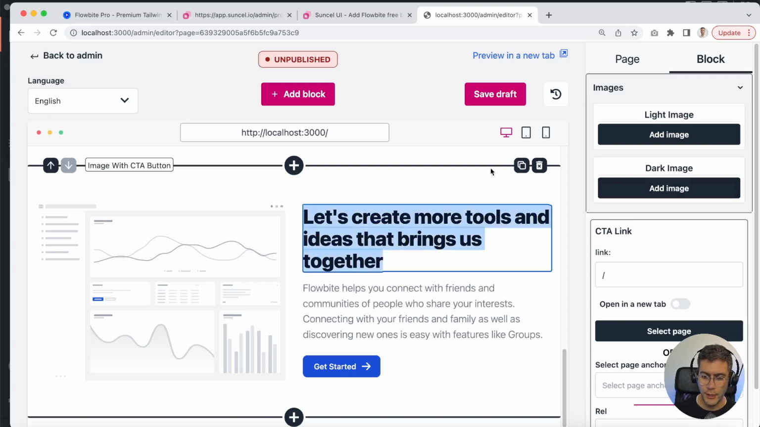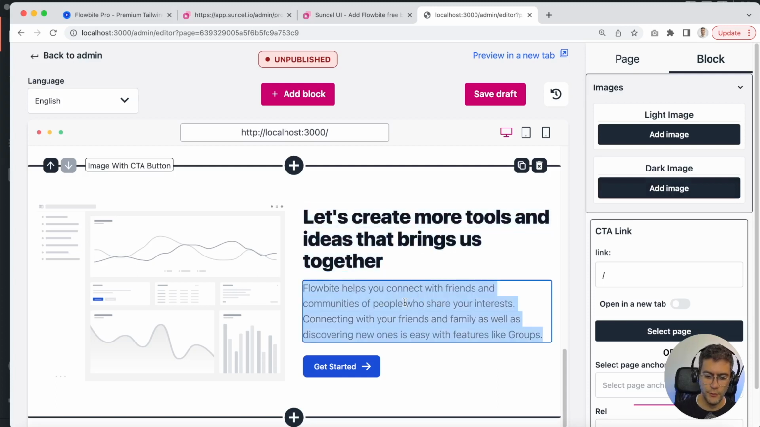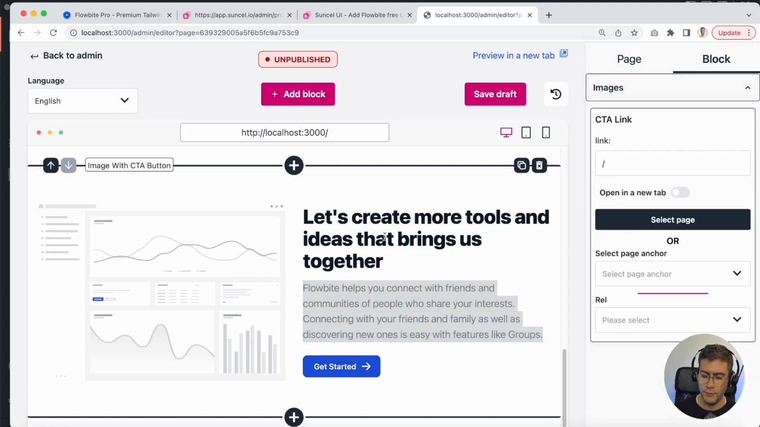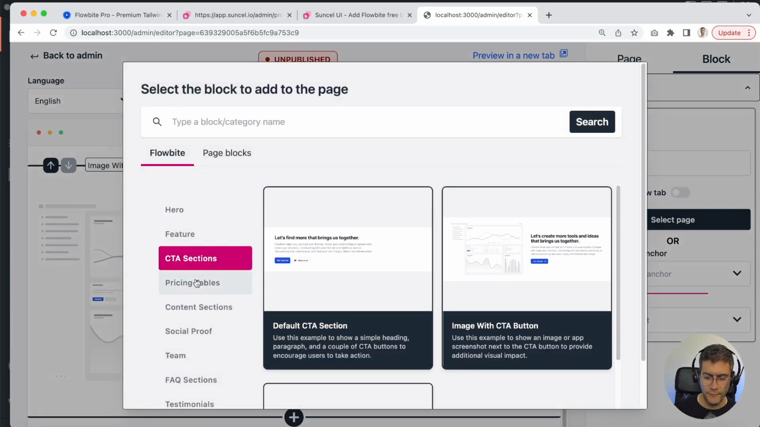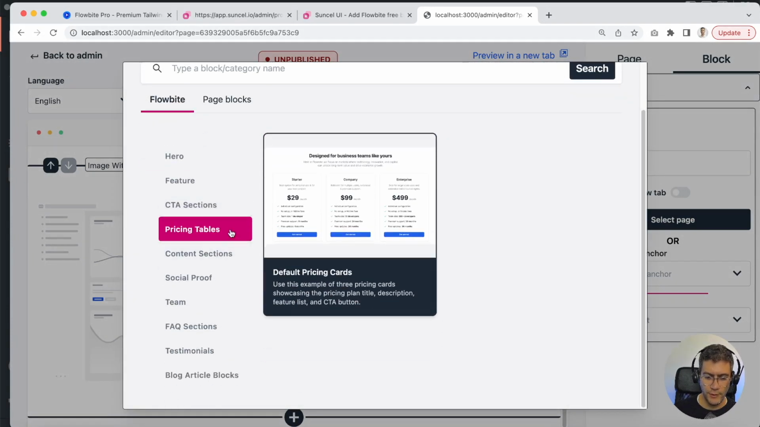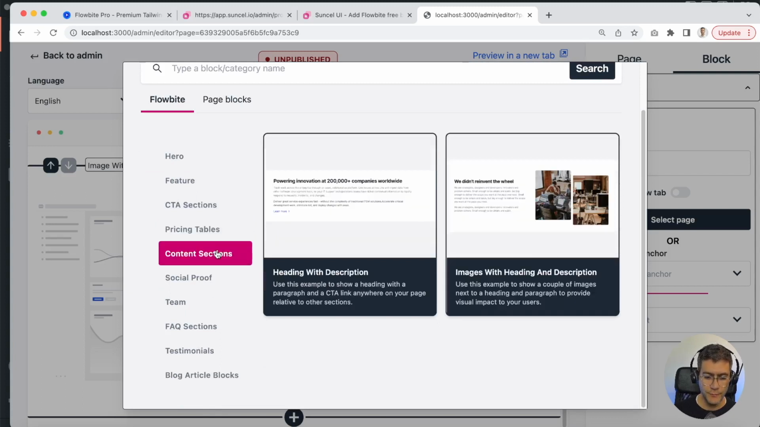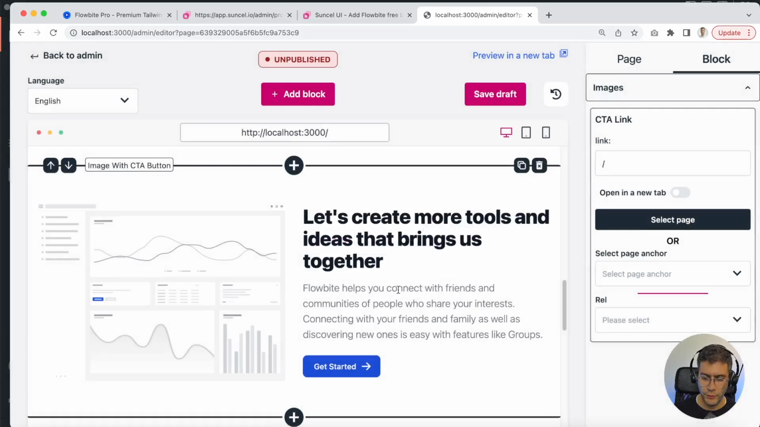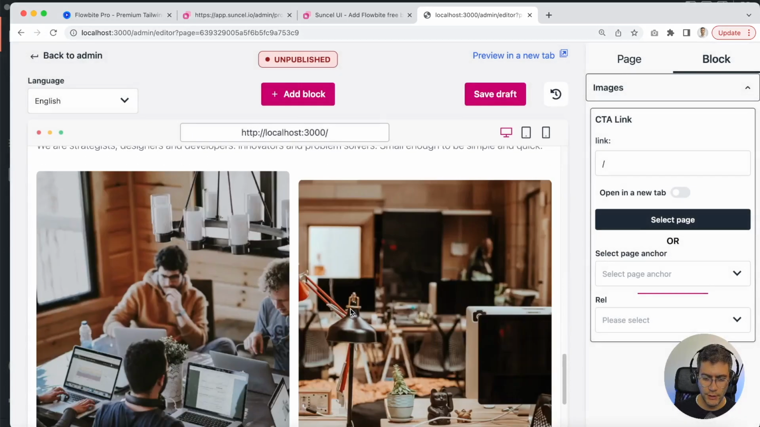So here you can change the title, you can change the text, you can change the text on the button. So this is fully customizable. Let's say that after the pricing table, we will add it in a pricing page. So let's say that we want to add this kind of